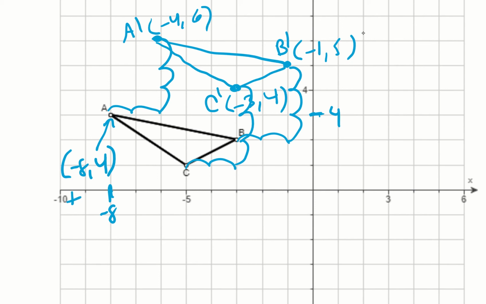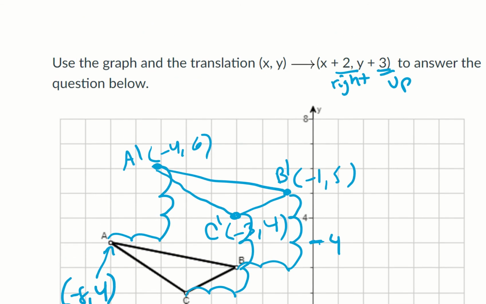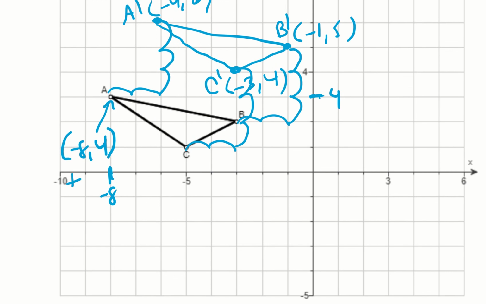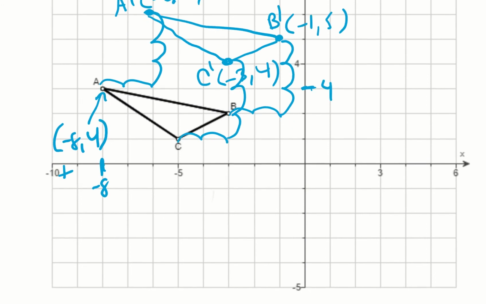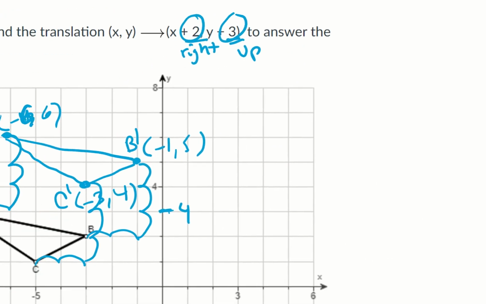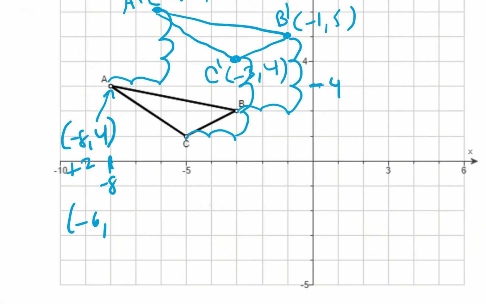So if I add, according to the rule, I have to add 2, right? And then 3 to y. So I add, let's see, I counted it wrong again, -6. Okay, so -6 and then +6. So if I add 2 to -8, I get -6. If I add 3, according to that problem, if I add 3,